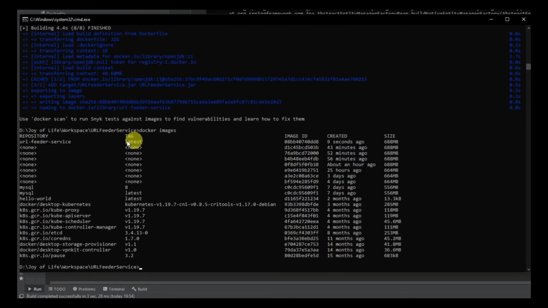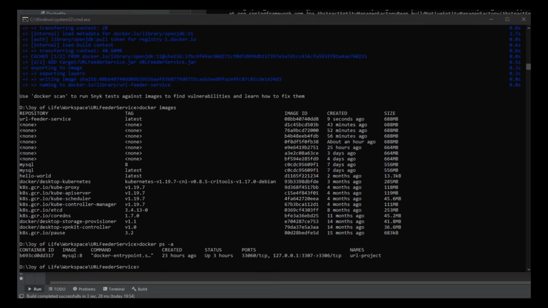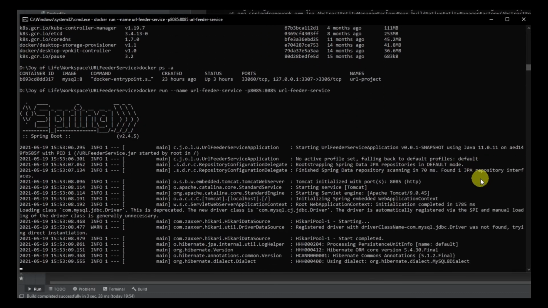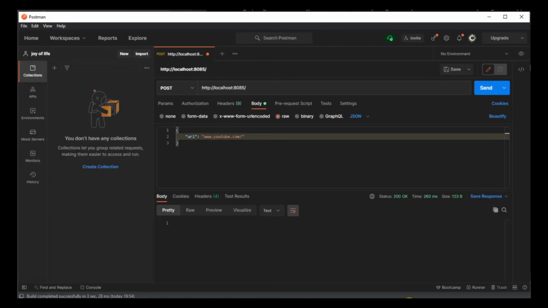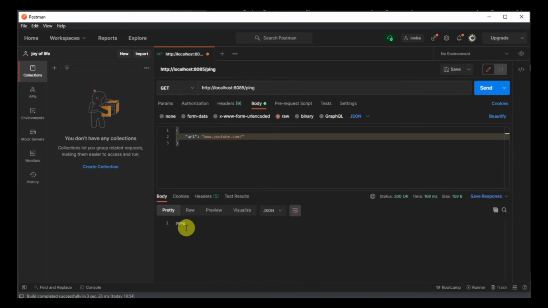So you can see here that you have the URL feeder service created 9 seconds ago. We are good. And let's see what we have in our containers. So container, we have one container. I have exited everything else. So now we are going to run our container over here. And we'll run the container from the image. So this time, if you look, we don't have the exceptions and everything looks good to us, right? So now what we'll quickly do is we are going to go to our service over here and first do a ping test. So we are still getting a pong, we are good.